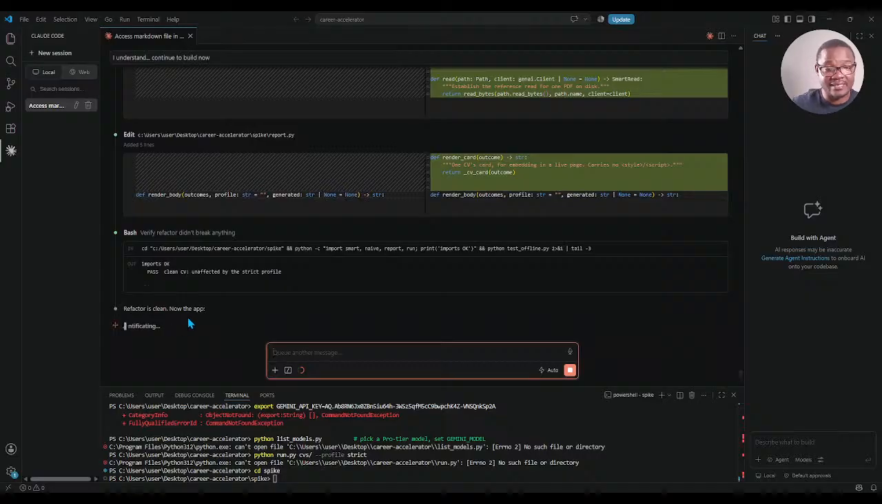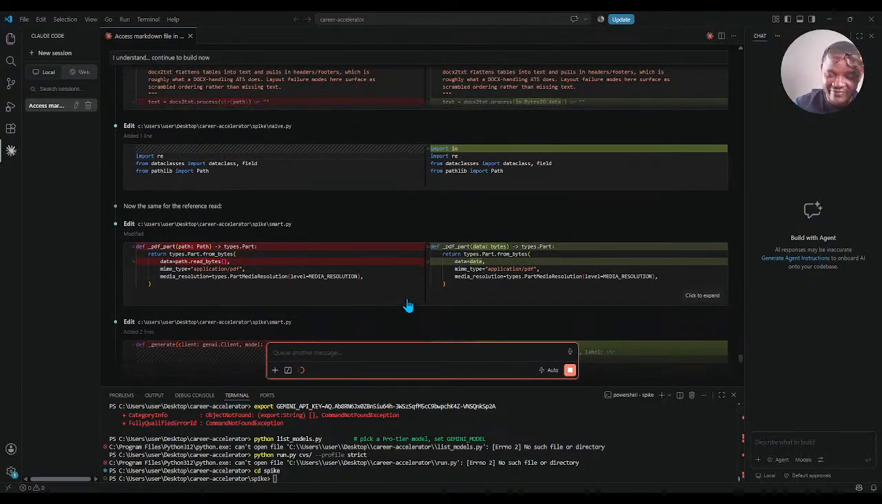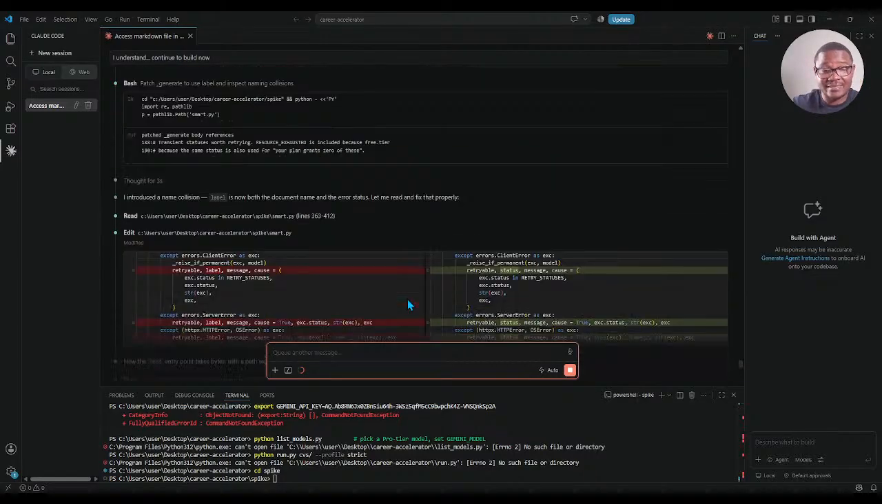Now the refactor is clean. Let's see what it can do now. You see how beautiful it is to build with AI. Very beautiful, straightforward. You must be aware though that